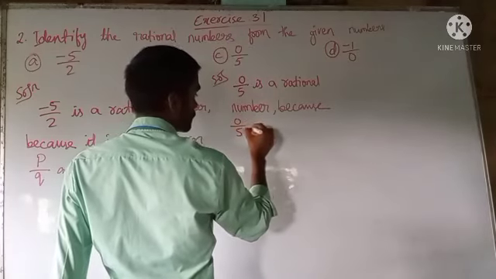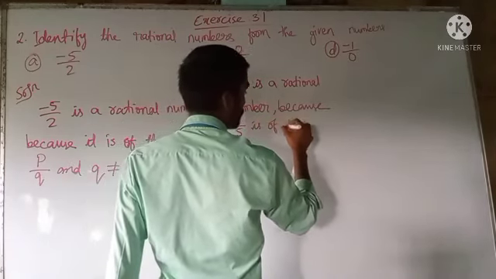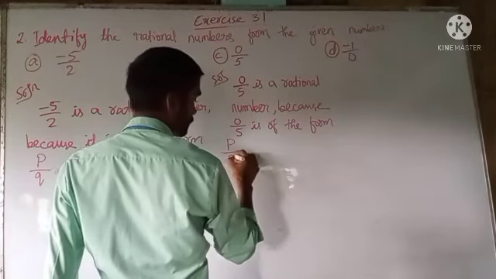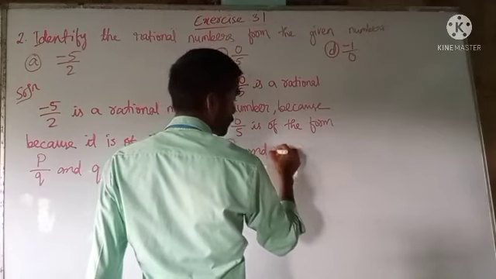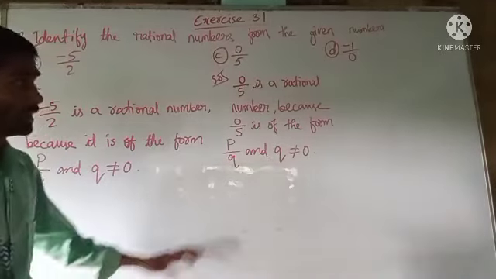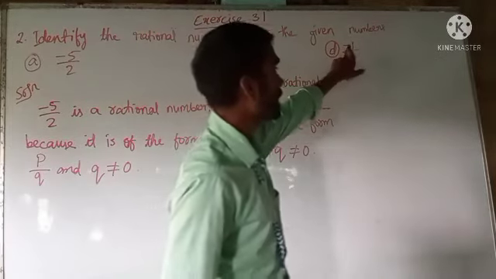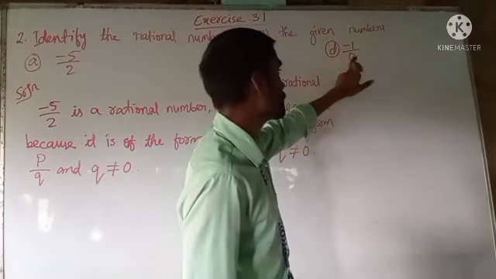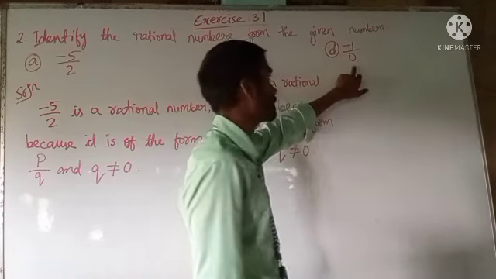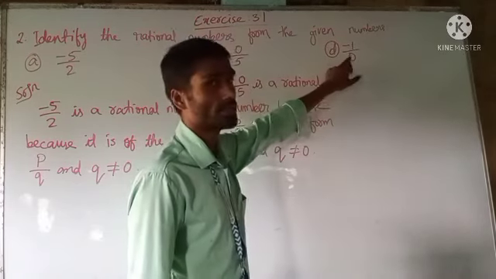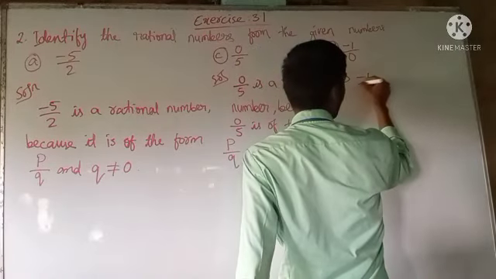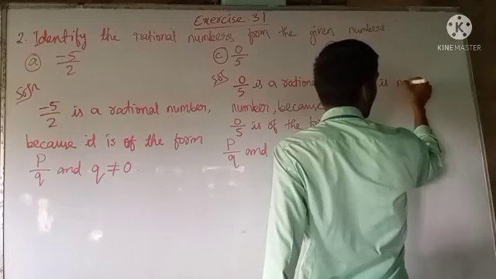0 by 5 is of the form p by q, and q is not equal to 0. Now here option number D is minus 1 by 0. Here in the denominator's place we can see that it is 0. So it is not a rational number, because in the denominator's place it is 0. So we can write our answer: minus 1 by 0 is not a rational number,